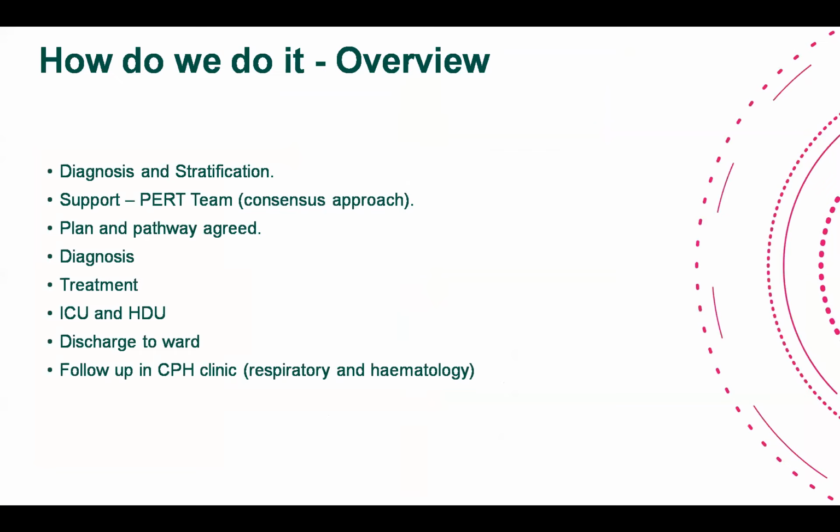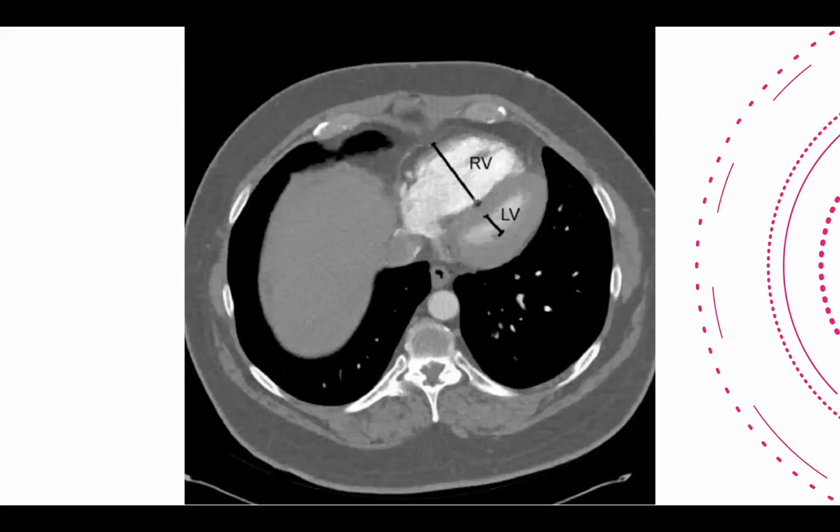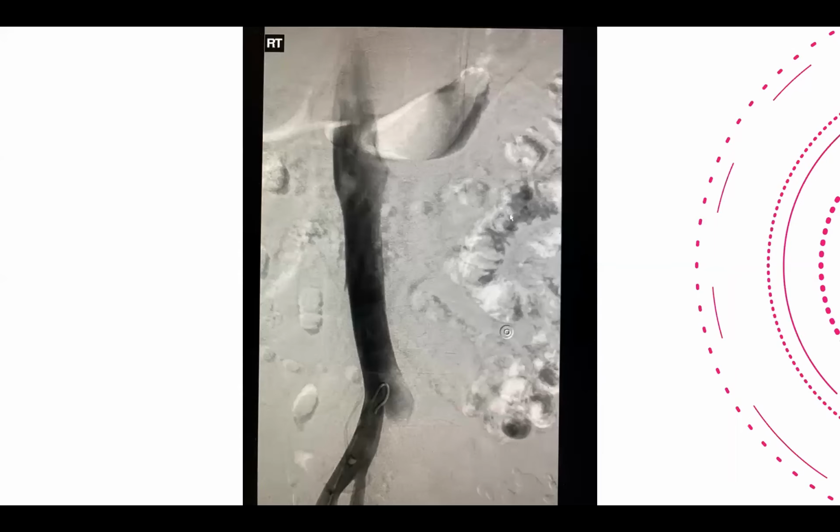So what we normally do, we diagnose the case when it comes to ED by CT scan, and then we call the PER team and plan that way. Establish the diagnosis, whether this is just a primary PE or maybe secondary. Secondary means due to underlying malignancy, and then the treatment plan, which way we have to go. And then we'll decide whether the patient will go to the ICU or HDU. And this is an example of submassive pulmonary embolism. You can see the clots there inside the contrast, inside the main right and left pulmonary artery. And this is the RV-LV ratio I mentioned before.